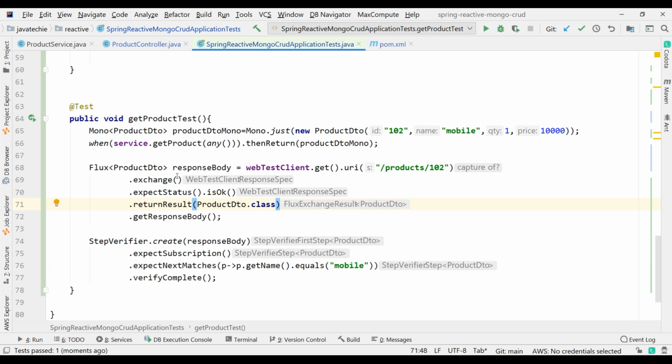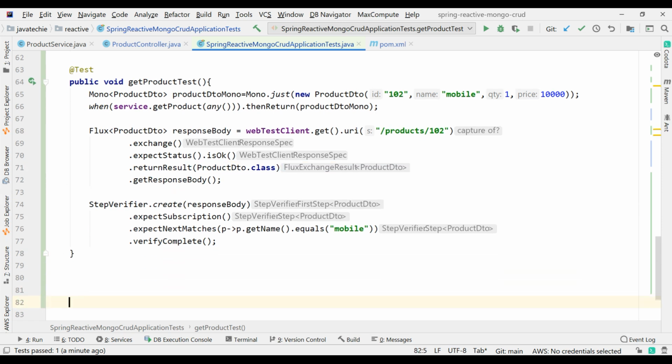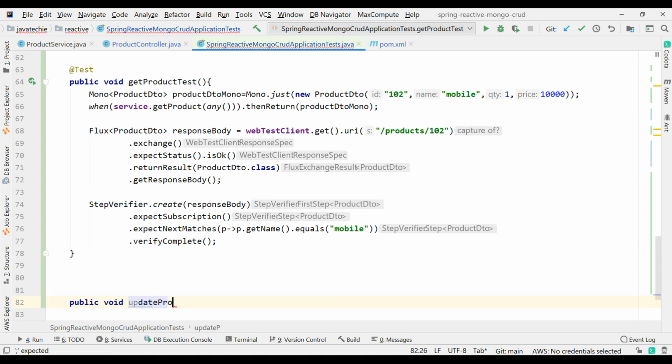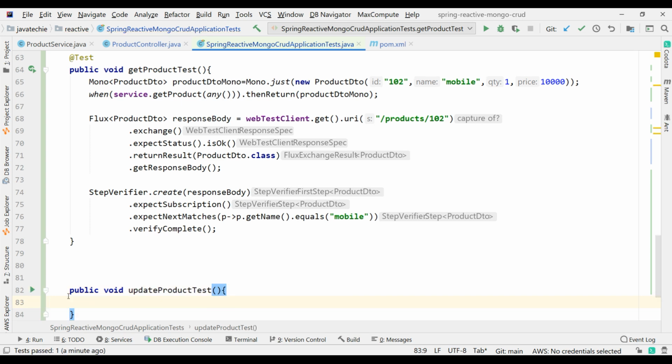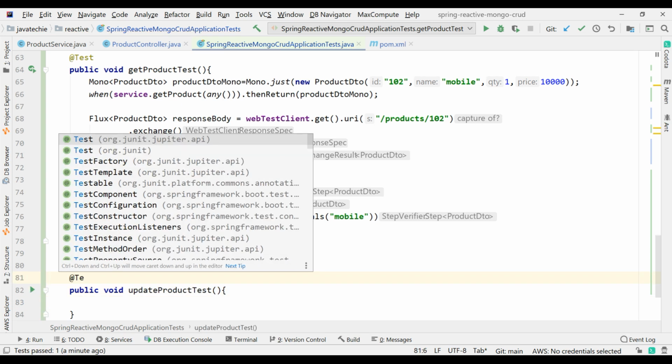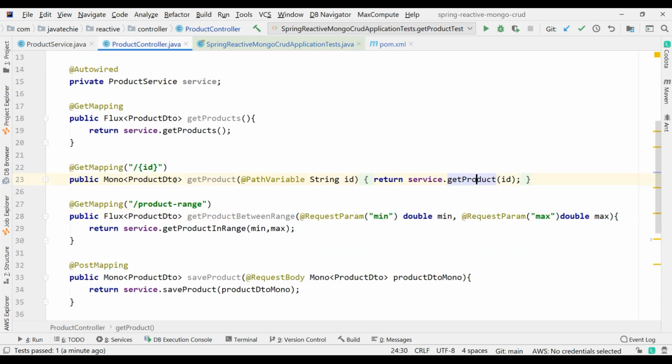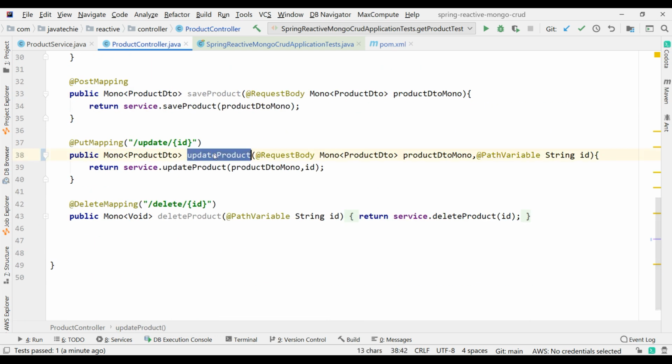Now let's write the test case for put mapping, which is update product. Just simply write a method public void update product test. Just annotate here with at the rate test. So if you observe the update product, let's go to the controller class. The update product has two arguments, mono product and id, which is the product id, right?